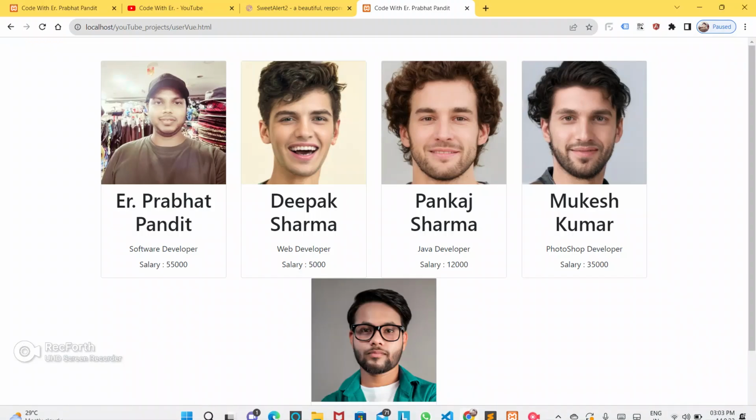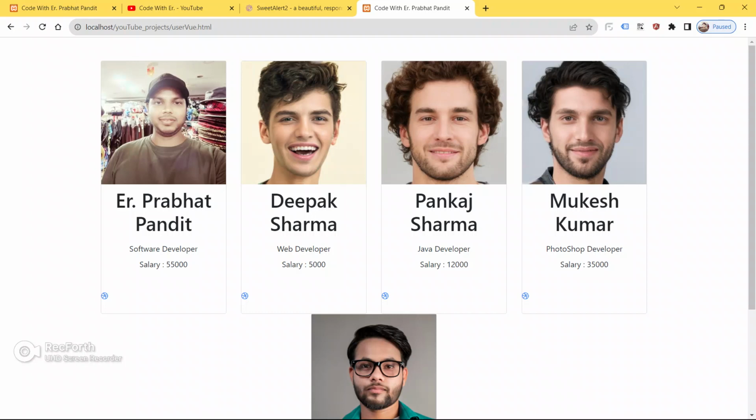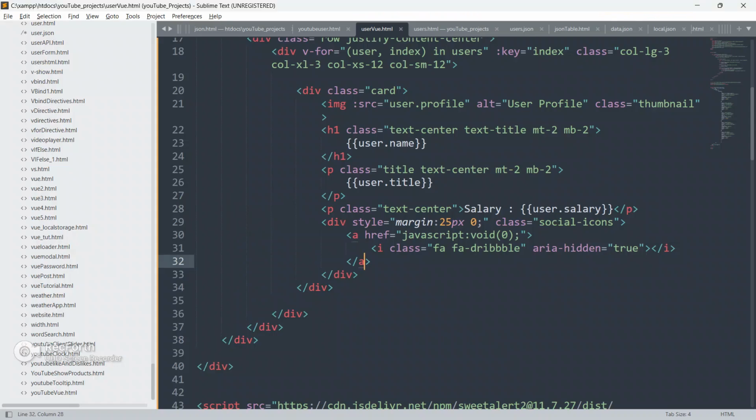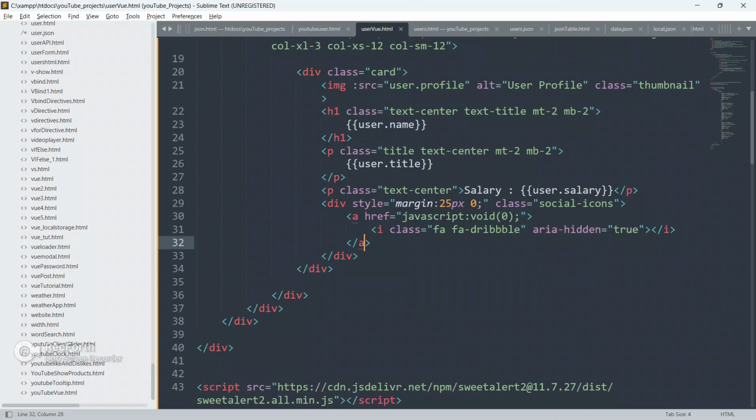Close this i first. Now save your code, go to the browser and refresh your page. As you can see, the icon of the dribbble. We have to make it like this.